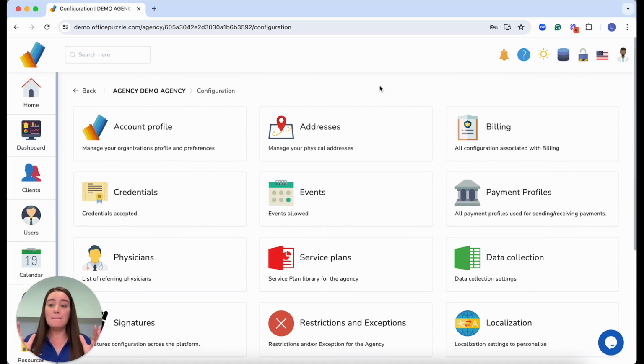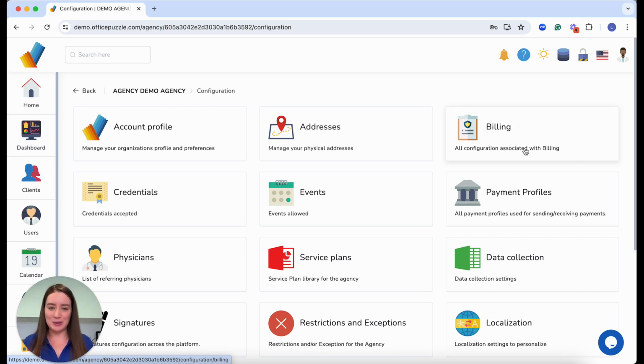Wrapping up, most of this configuration, we take care of it. So once you request the creation of your account, we're going to ask a few questions about the type of service that you're offering and information about your company, and we're going to try to do the majority of this configuration. So once you log in to the platform, you don't need to create credentials or billing codes. But as an administrator, you always will have the option of adding them. Once we have that account created, then you're going to meet with your account manager, and that person is going to go over all this configuration with you one more time, just to verify that everything is ready to start